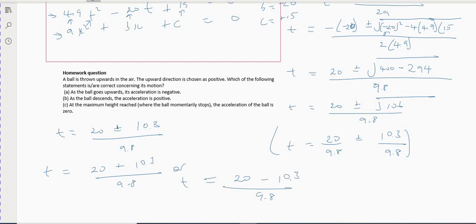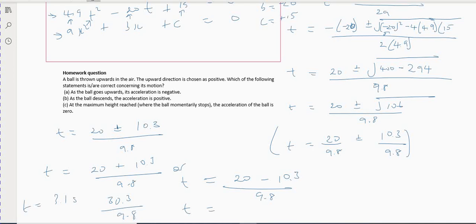So the sum of that is going to give you 30.3 divided by the 9.8. That divided by 9.8 gives me a value of, in this case, t is equal to 3.1 seconds,